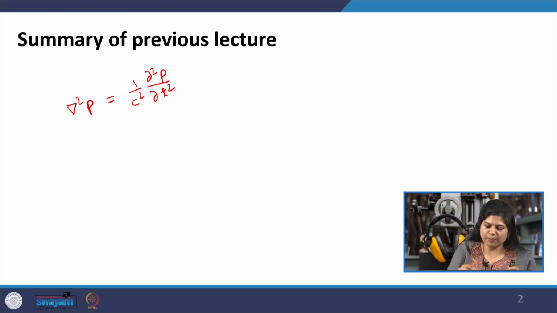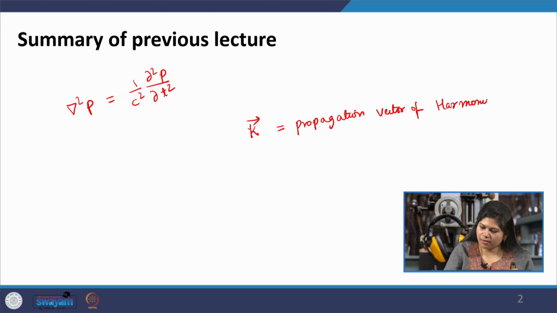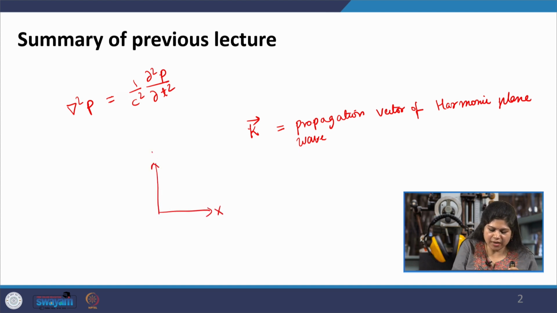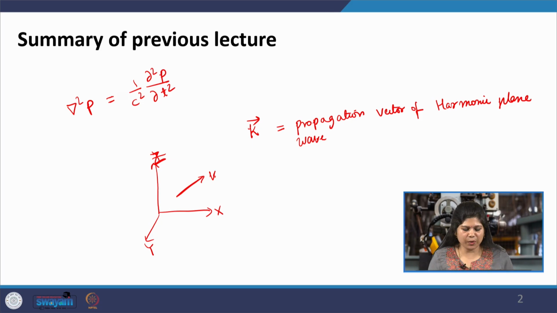The end result of that was that suppose we have a harmonic plane wave travelling in a generic direction, where this vector k is the propagation vector of the harmonic plane wave. So, it will have a certain component in the x axis, y axis and the z axis, and this is the direction k, which is a generic vector which represents the direction of the wave propagation, and the magnitude of this represents the wave number k, which is equal to omega by c